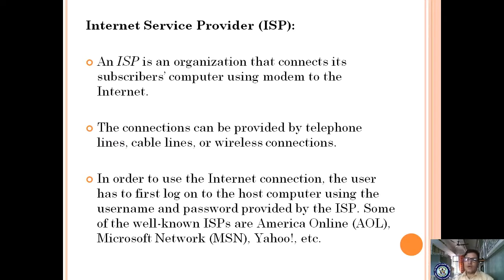Some of the well-known ISPs, internet service providers, are America Online, short form AOL, Microsoft Network, MSN Messenger, and Yahoo Messenger. So we are using these, right? Nowadays you have a Gmail account, Yahoo account, all these things, right? If you want to send any mails, then you have to use these messengers. How are you using these messengers? By entering your username and password. Even to access these messengers, your system or your smartphone must be connected to a network. If it is not connected to a network, you are unable to access that data, right?